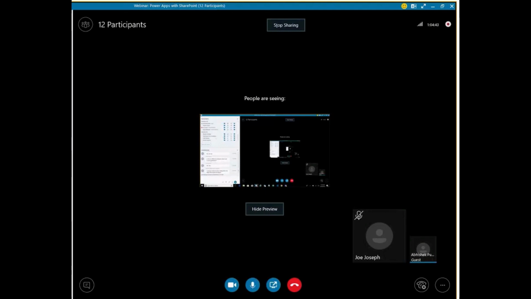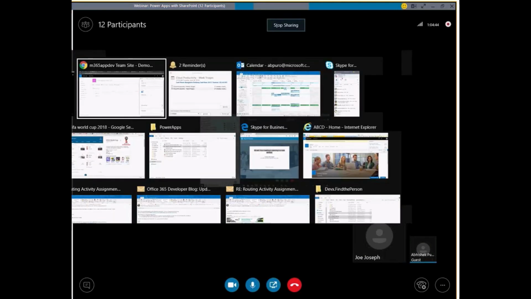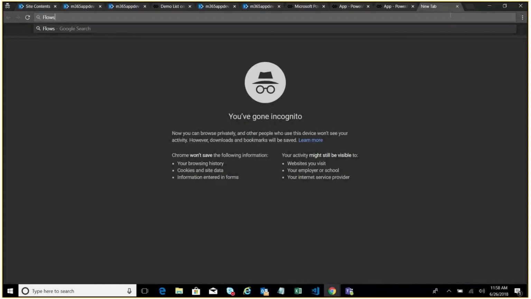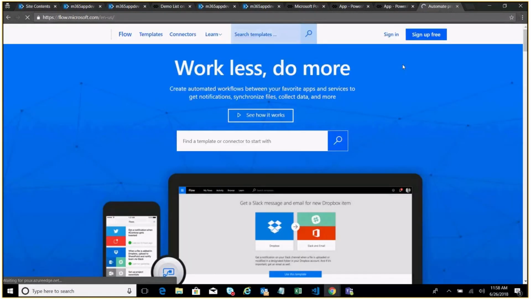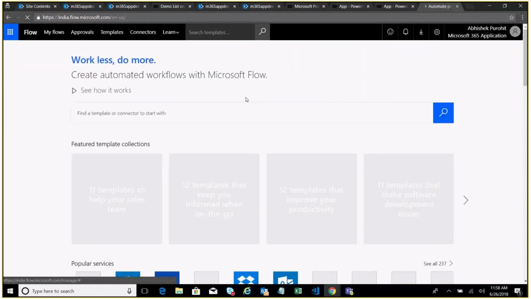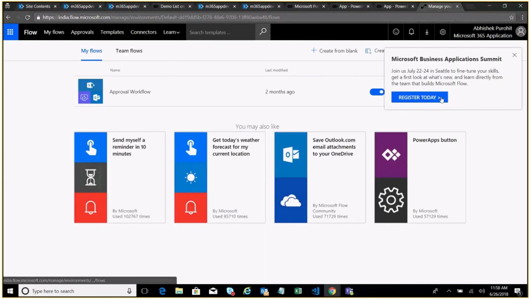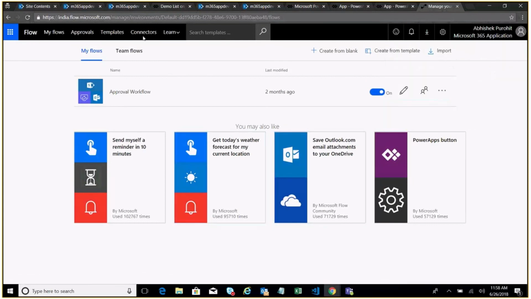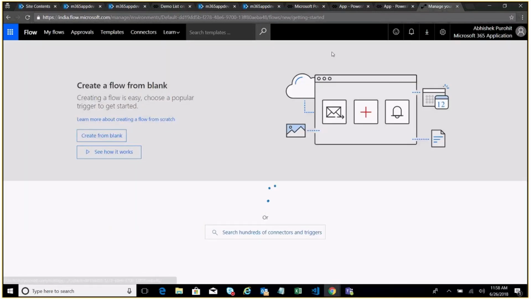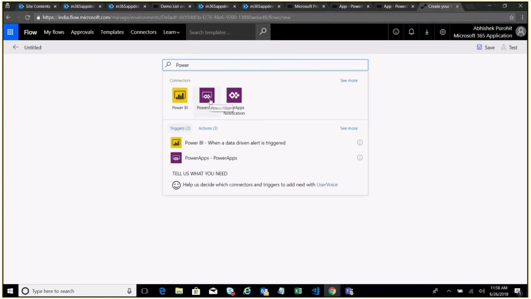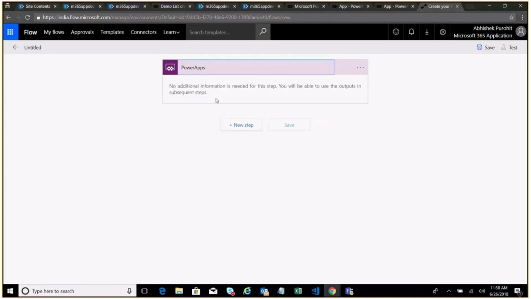Could you share the configuration for attaching a file to the SP library? Yes, but you cannot do it directly over here. What you need to do is go to flows.microsoft.com, and here we just have 2 minutes. I would show that to you. What you want to do is create, under my flows, start by create from blank, so that you have PowerApps. It starts with the trigger coming from PowerApps, and here you want to do a different kind of action,